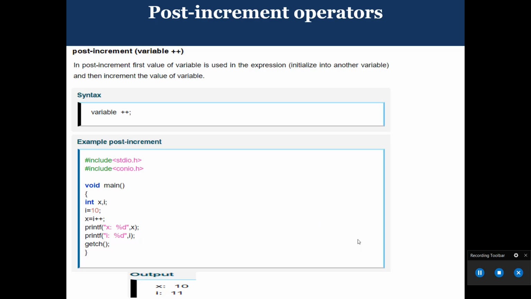Then post-increment operator. The post-increment operator first uses the value of the variable in the expression, initializes it into another variable, and then increments the value of the variable.